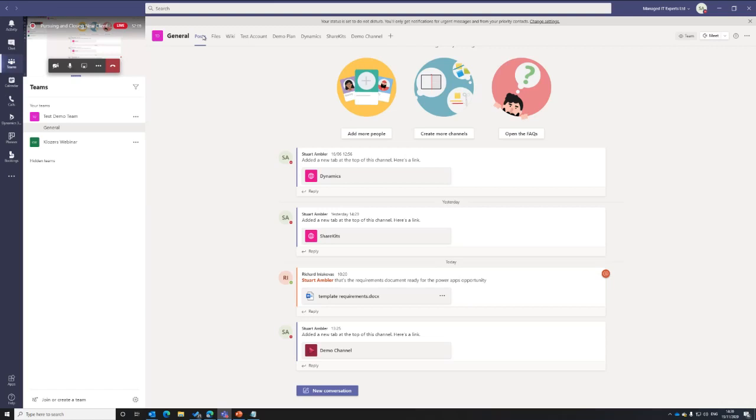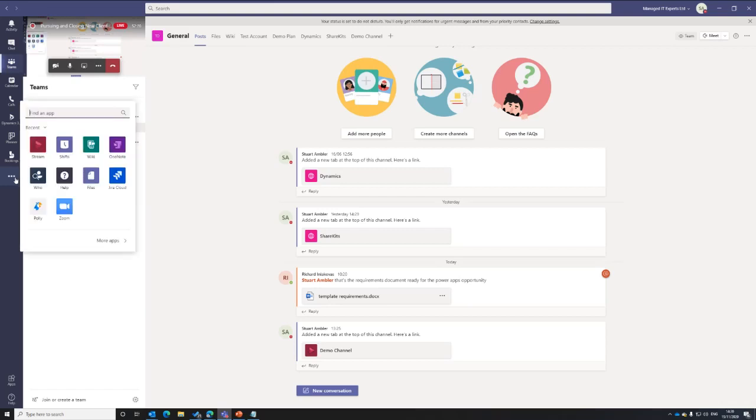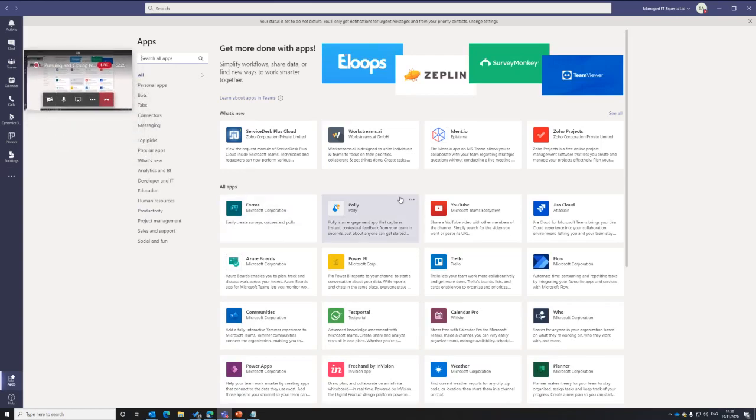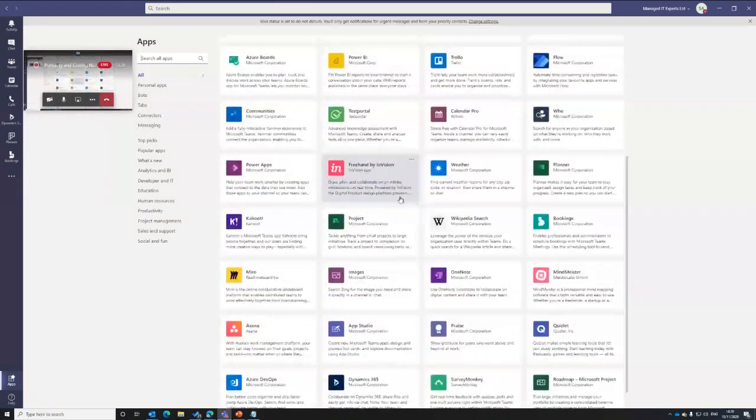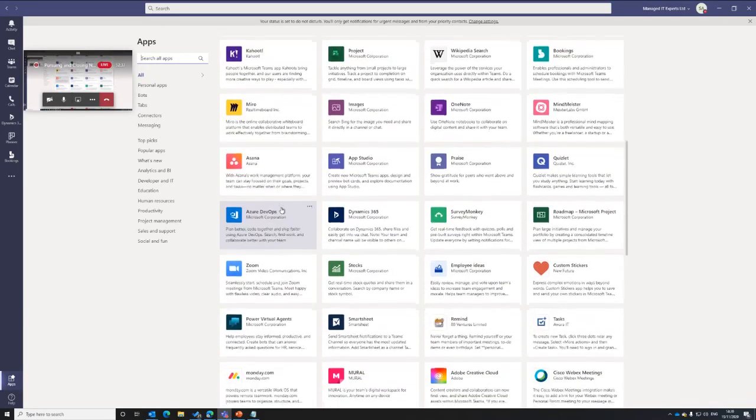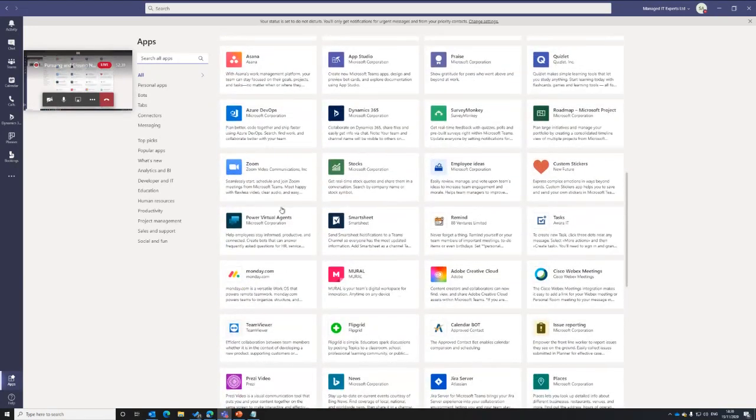In terms of Teams itself, it's such a powerful collaboration tool, and you don't have to stick to just Microsoft 365 products, although those are the ones that we've looked at. You can see here, it's an absolutely massive application store, all third parties as well. Obviously, we've got the Microsoft 365, but there is a huge amount of third parties now integrating with Microsoft Teams and third-party applications.